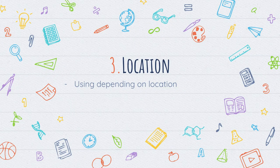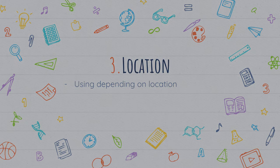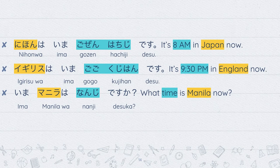So, after we covered the hours and minutes, we're going to talk about location. So this is fairly simple. It's kind of like the combination of what we've learned from the past class and today's class. Let's work through the examples. The first one says it's 8 a.m. in Japan now. And if I want to say this in Japanese, it would be 日本は今午前8時です。